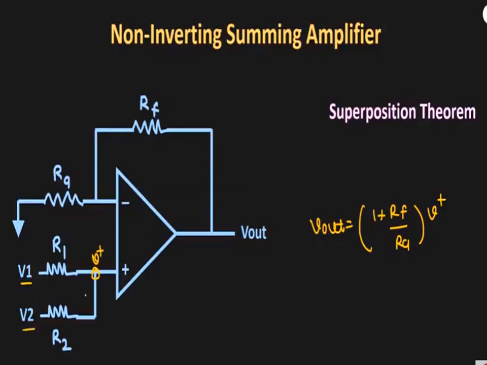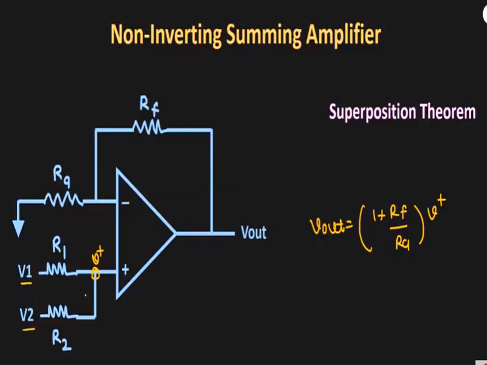Next we'll move on to the non-inverting summing amplifier. The inverting terminal I am grounding, and for the non-inverting terminal I am giving the input. Considering two inputs, compared to the inverting terminal, it is not easy to give the input for a non-inverting terminal. It becomes very complicated. While explaining the next slide, you will come to understand how complicated it is. For that, I am considering two voltage sources and giving them to the non-inverting terminal of an op-amp.